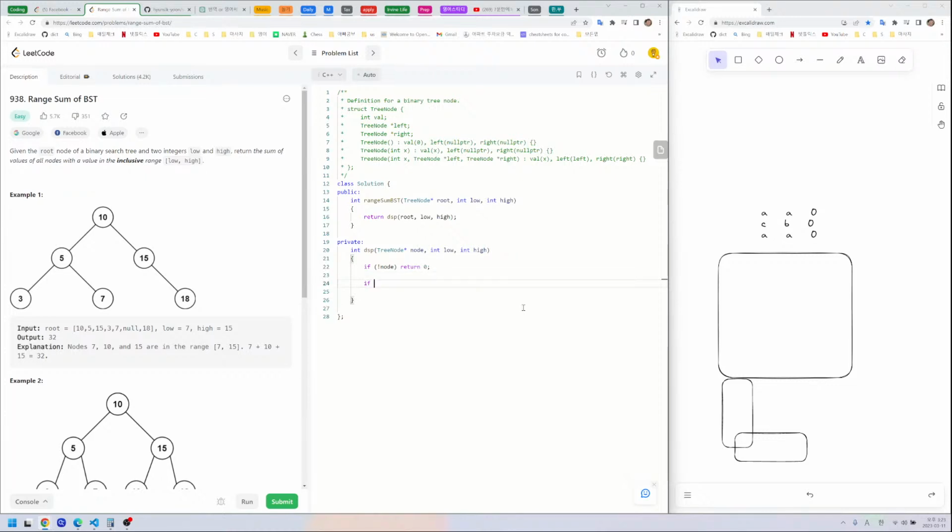And then if node is in the range, which means that, because it's inclusive, we can write low <= node.val and node.val <= high. If in this range,